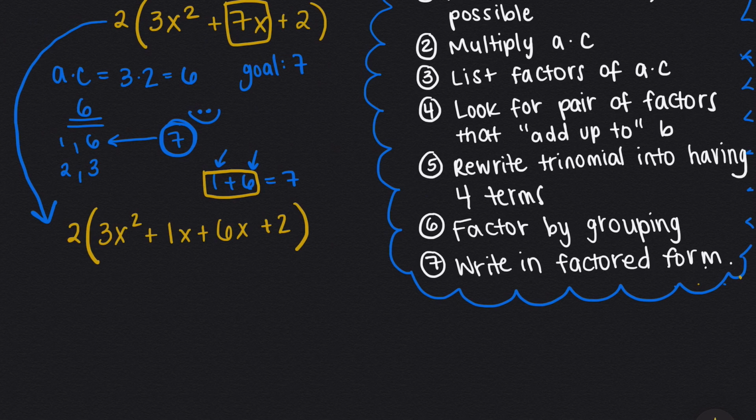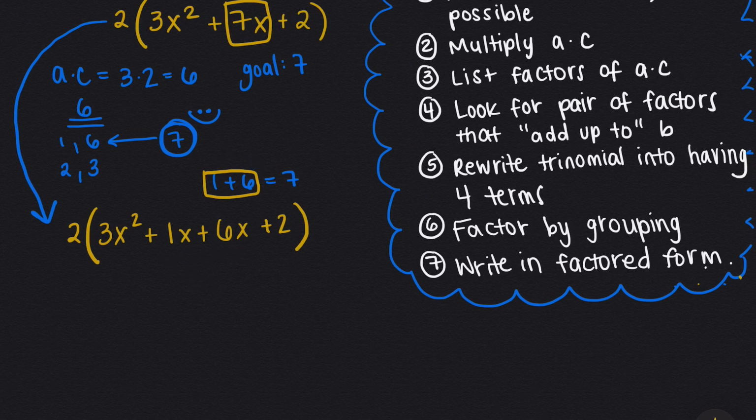I want to pause right here and say 2 things. The first thing is typically we do not write the 1, but I'm writing it right now just so that it's a little bit more in your face. Second thing I want to point out is that if we were to combine these factors, we get 7x. So literally all we're doing is rewriting our trinomial in a different way, but we have not changed the values